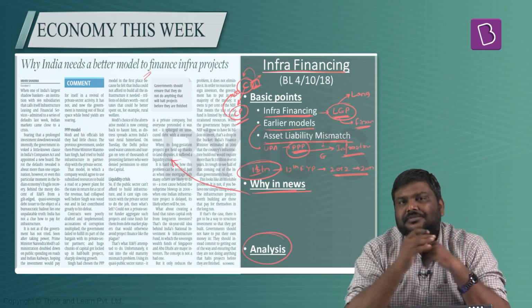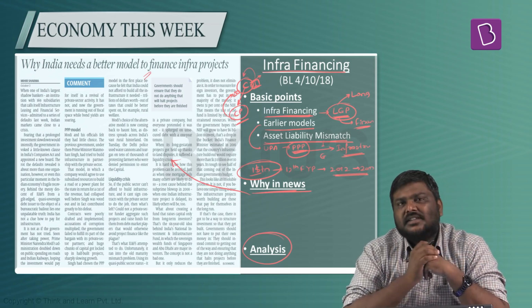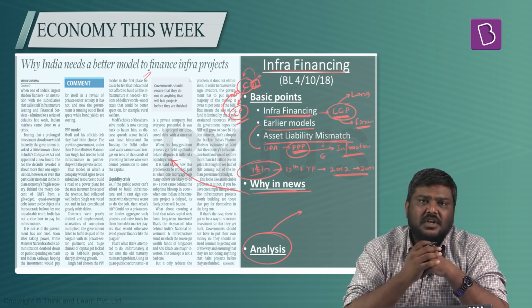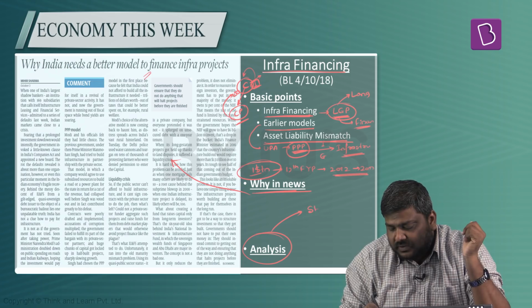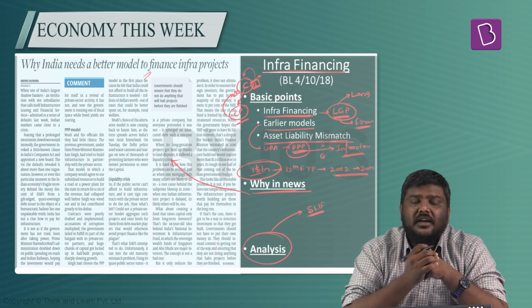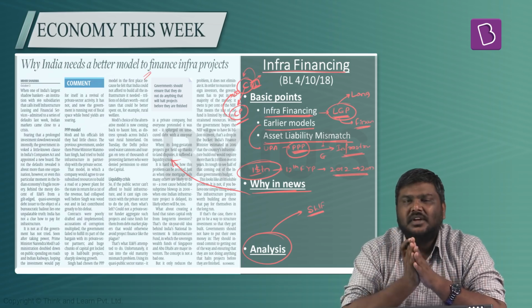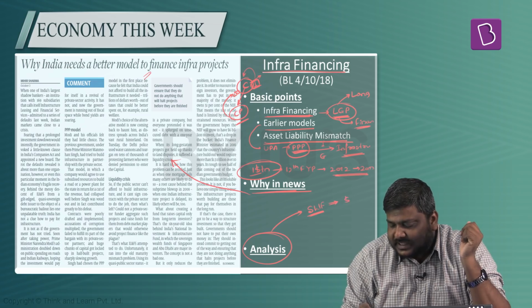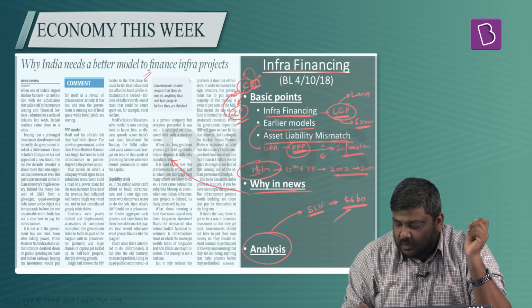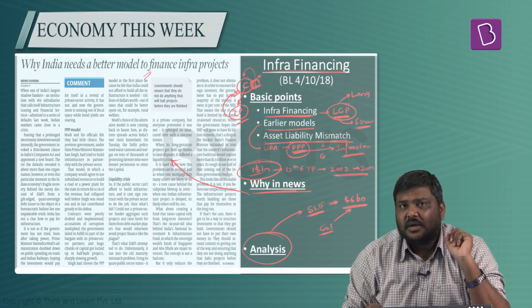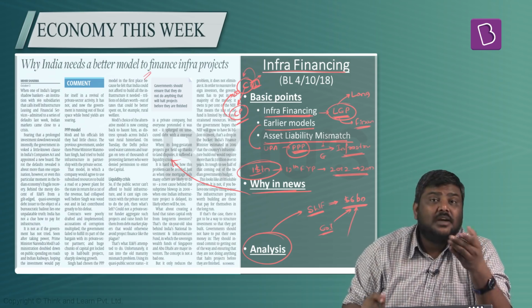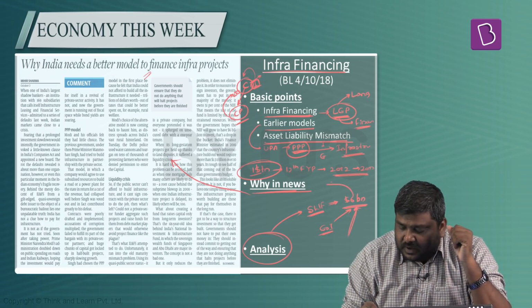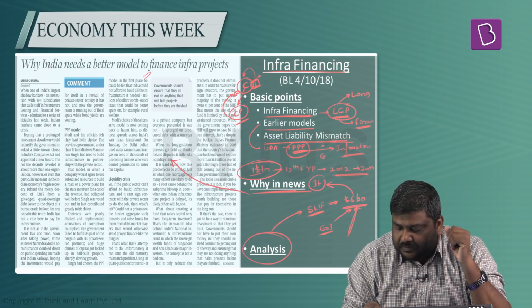So what is the way out? The way out of this, this article says, is that we will have to promote more and more investments in infrastructure through the concept called sovereign wealth funds. For example, in case of India, there is a sovereign wealth fund called NIIF, National Investment and Infrastructure Fund, whose investment cap is around $6 billion, and into which the Government of India has made the investment or has provided the capital. Other sovereign wealth funds from Singapore as well as Abu Dhabi also have made contributions, and these funds will be used to provide infrastructure financing.